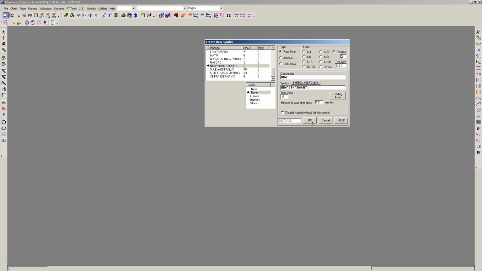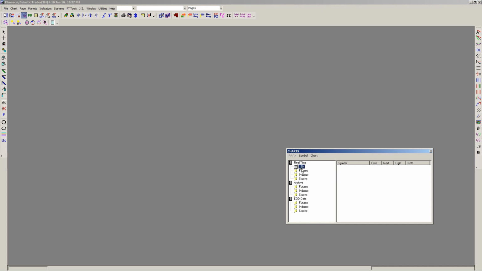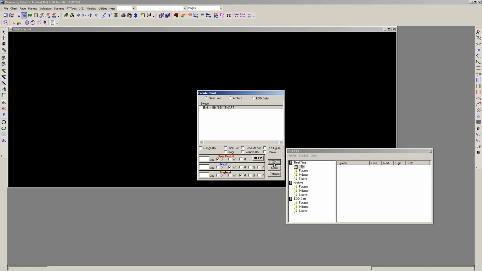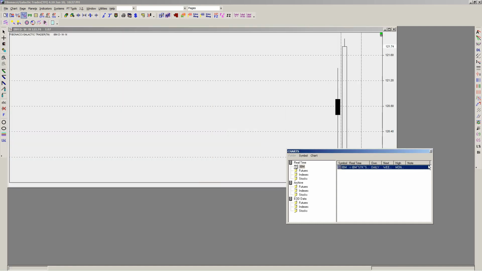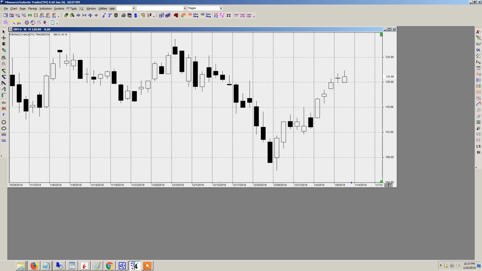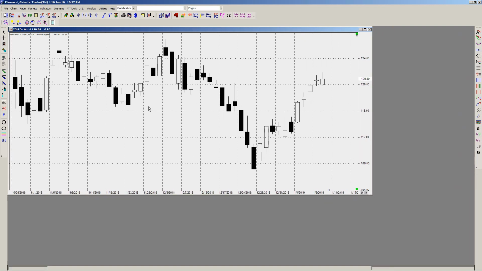Then I'm going to create the symbol here, and I'm going to create a chart for the IBM daily, weekly, monthly. Then the chart will come, here it is. The chart for IBM is right there, and now I'm going to show you how to find the information for the